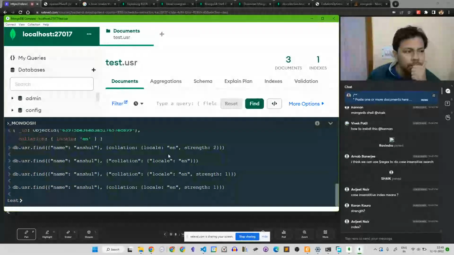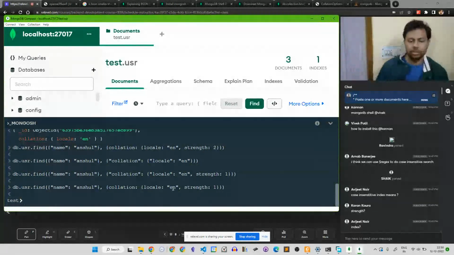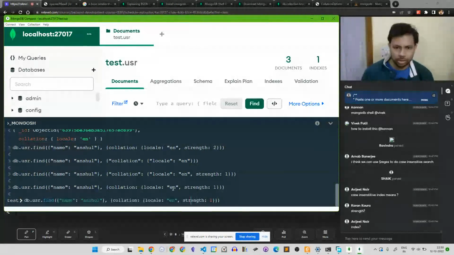Hmm. This should be working. Locale en should be in single quotes.